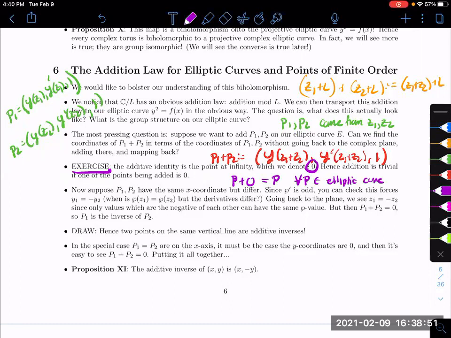Okay, and same for 0 plus p, where 0 is the point at infinity, which has coordinates in projective space 0, 1, 0. Okay, so that's fine. We now have an additive identity. Fair enough. The next thing you want to do is you want to say, okay, let me take 2 points